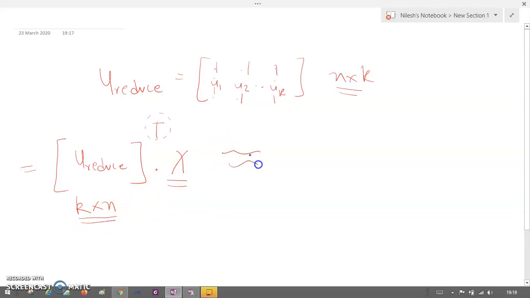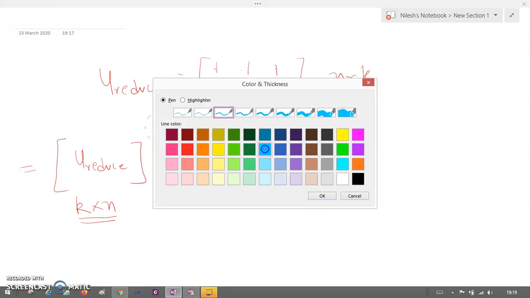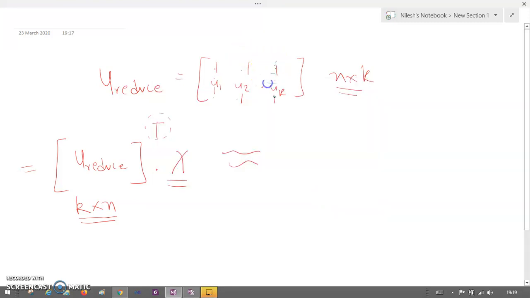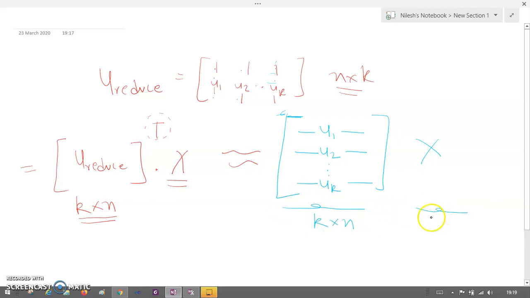So it looks like this. Let me just normalize this in some other color. So it looks like this. So mu1, mu2, and so on to mu k. Okay, and I already have the x. So this is going to be k cross n, which is going to be multiplied with n cross 1, and